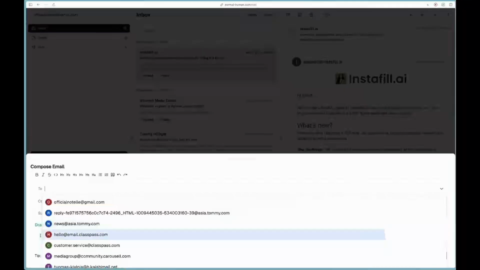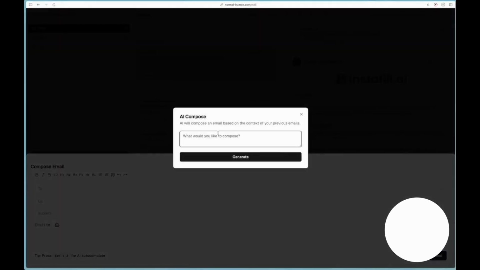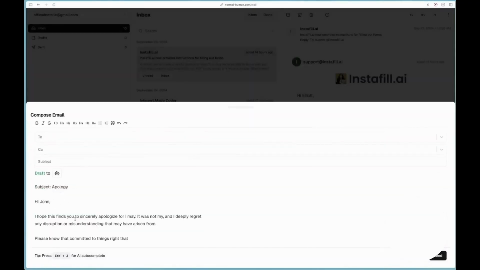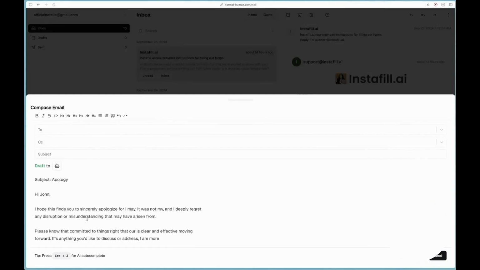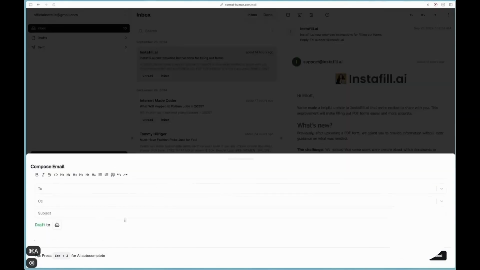And this is basically the same stuff. You can search through all the email recipients that you want to send to. CCs work, subjects work, and you can also just say, quickly draft an apology email to John. So let's see what it does. Yeah, I mean, that's a good start, I guess. And I can take this and just continue writing my email, yeah. So you can then obviously send this message out. Right, so this is